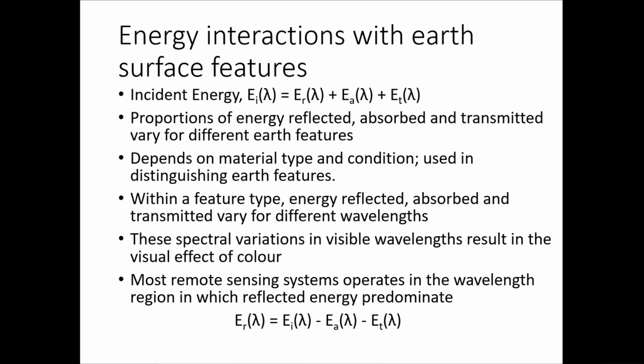So what is reflected in the visible spectra? Out of red, green, and blue in the visible spectrum, red and blue is absorbed by chlorophyll in the leaf. So what is reflected? Green is reflected, isn't it? So that is the reason why leaves appear green. All right. But in some seasons, the color of the leaves changes, isn't it? Why is that so?